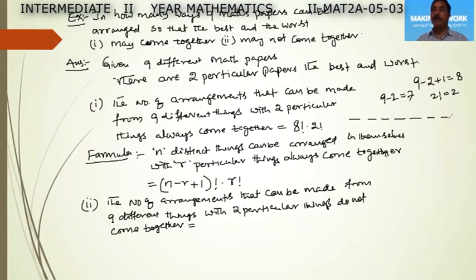Now we have to arrange these 7 elements first in the 7 blanks. So this can be done in 7 factorial ways. Now the 7 elements in 7 blanks can be arranged in 7 factorial ways. Now after arranging these 7 elements, those 2 particular elements can be arranged so that they do not come together. Then we have to arrange them in between every 2 elements in these places, or at either of the ends.